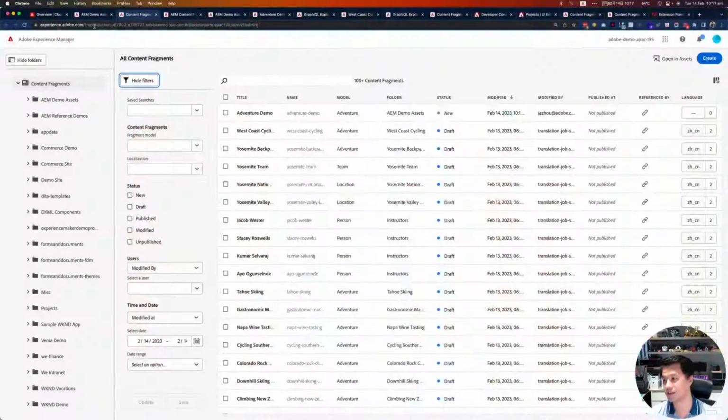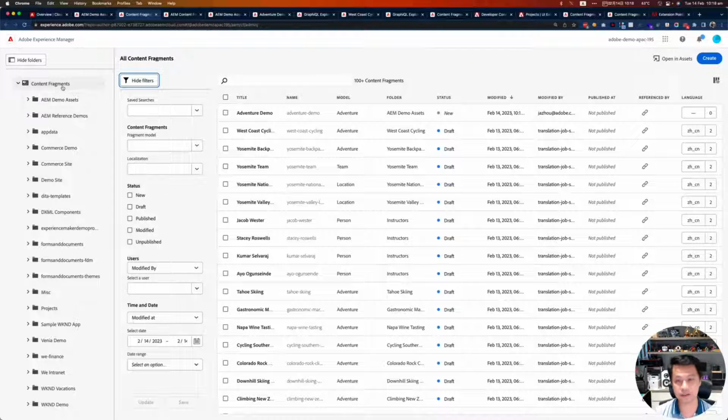Yeah, and James, everything I think you've shown up till now has been available for managed services customers on 6.5 as well as cloud service, right? But this is cloud service unique, correct? Yes, that's what I'm about to say. What I want to highlight here is this URL, which is no longer pointing to a specific AEM instance. I'll show you the magic behind how we achieve this, but first, let me quickly run through what you can do with this UI.